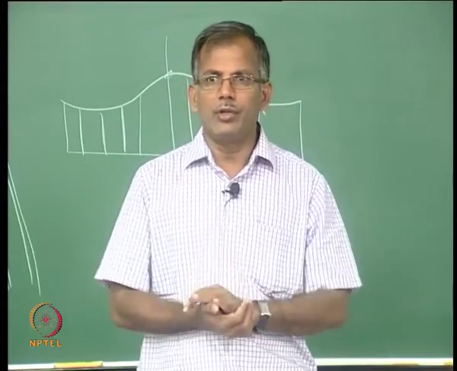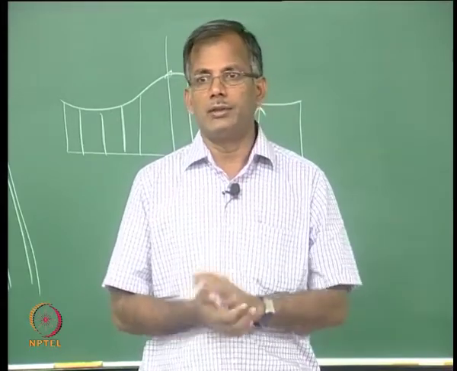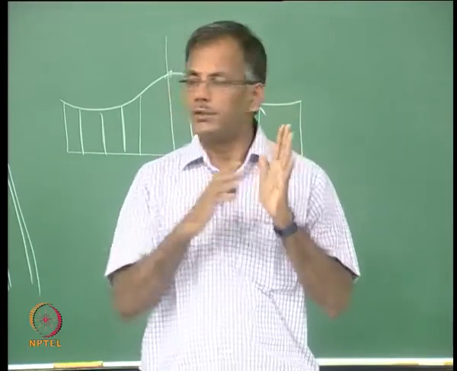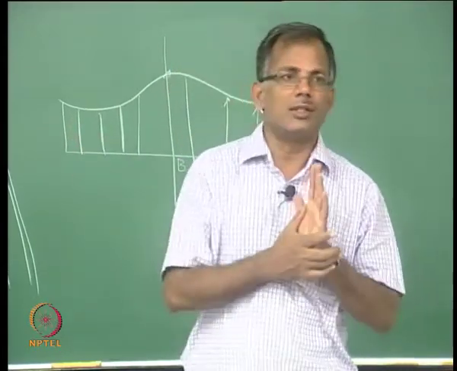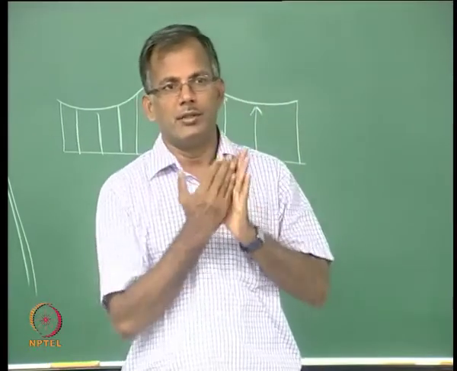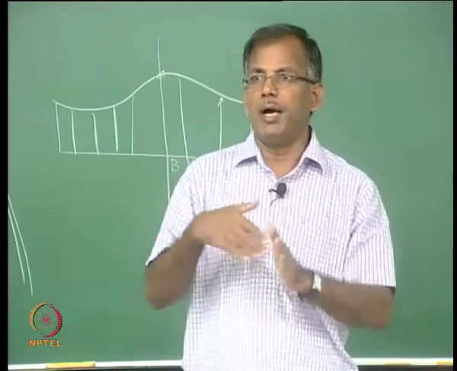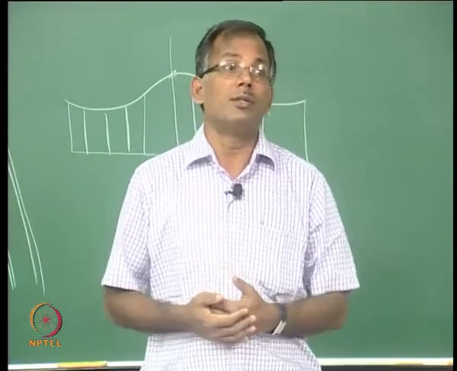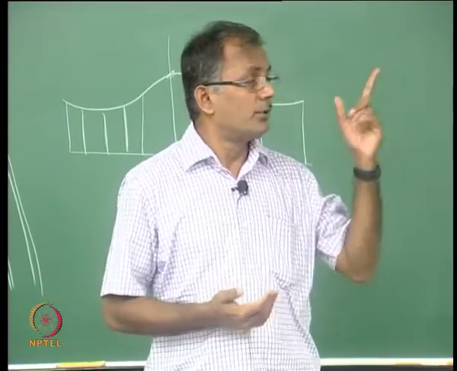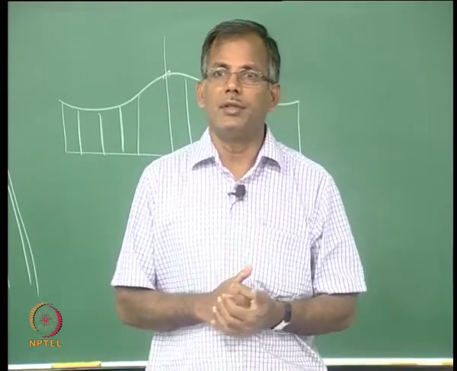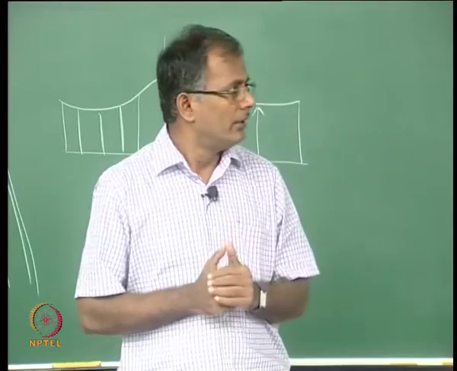What we are just now looking at is a tubular connection. The SN curve is going to differ for each type of connection. If it is a tubular connection, something like this, there is an SN curve. If it is a plated connection, there is a different SN curve. If it is a plate to a tubular, it will be another type of SN curve, because the relationship is going to be influenced by the type of connection and the conditions being applied there.